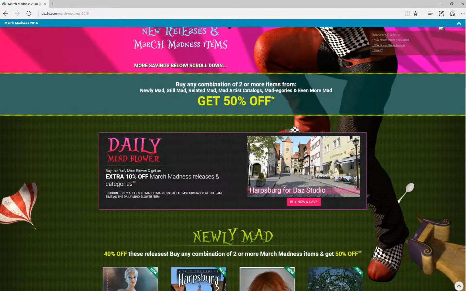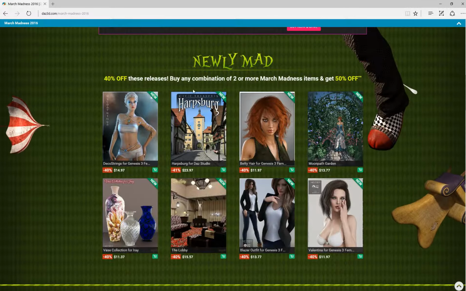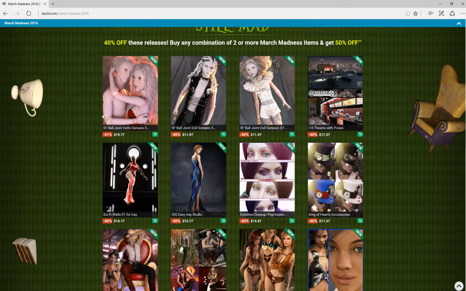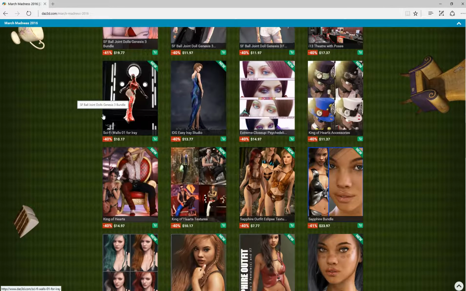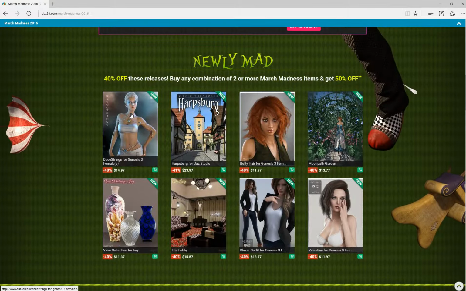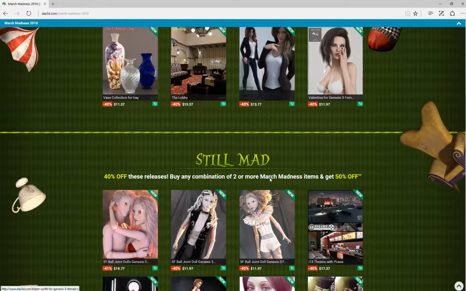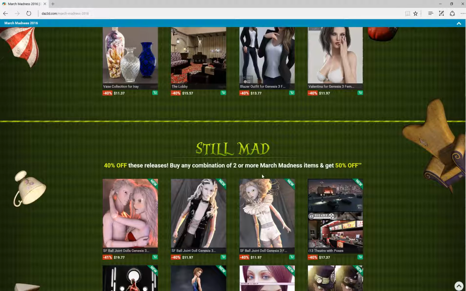Overall you have 5 categories. You have Newly Matte, where the new stuff that just came out this day is located. You have Still Matte. Here you find everything that was in the last 2 days in the Newly Matte section. So to say, you have 3 days time to buy new stuff under